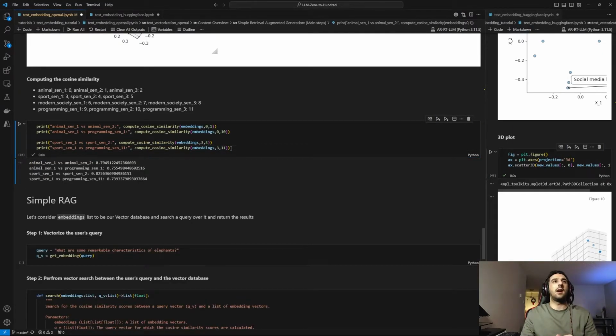So let's see how that works. The two sentences about animals have a higher value for cosine similarity compared to the example in which we had one sentence about animal and one about programming. The same thing is happening for the second group, but let's also see